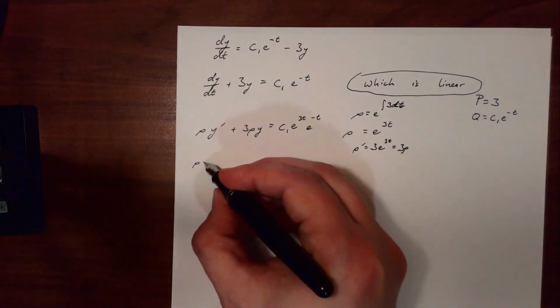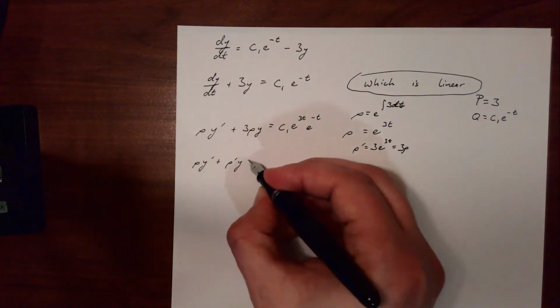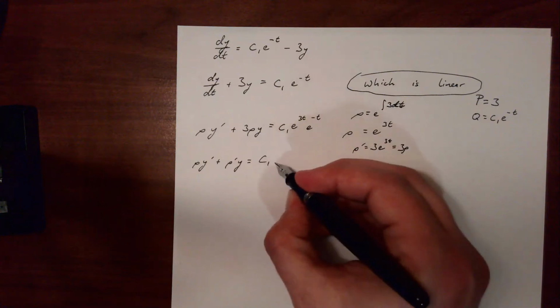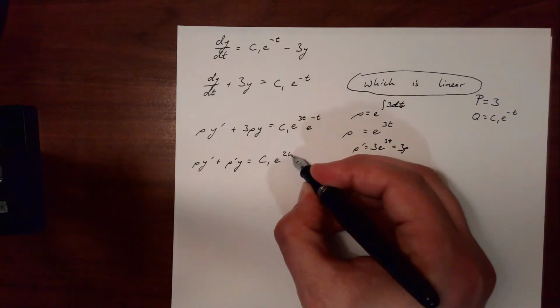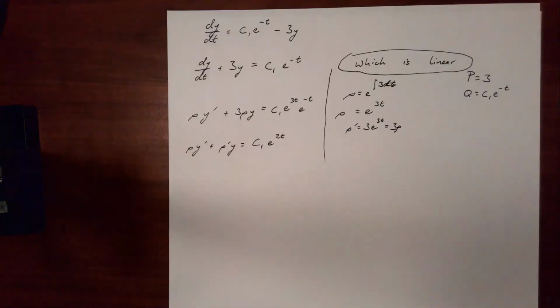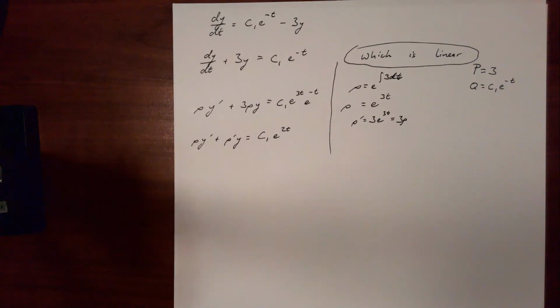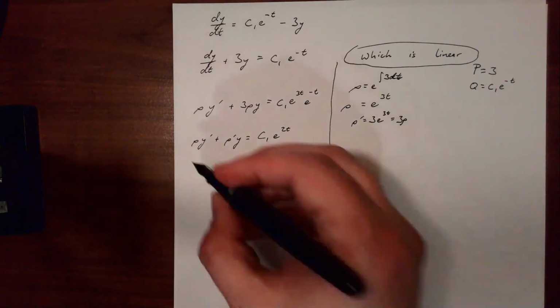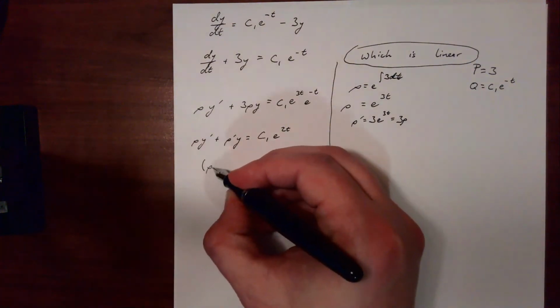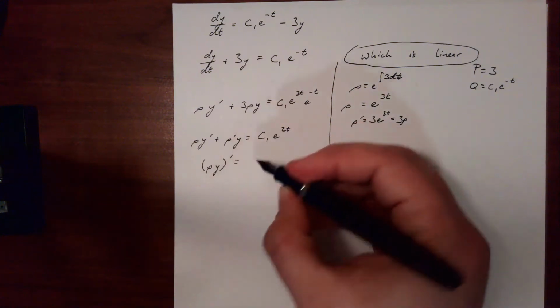So that means then rho y prime plus rho prime y equals c1 e to the 2t, which is all exactly the way things are supposed to work when we have linear differential equations like this. What we see on the left is exactly the expression that you'd get if you were to do the product rule, and in particular if you were to do the product rule on rho times y. So in other words,